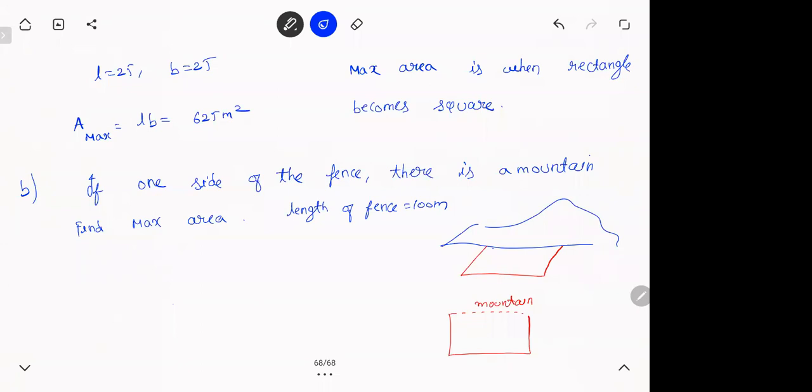Now this is what happens. If you know the process, how we did it, you will be able to do it. But if you try to memorize the answers for each question by heart, they'll ask questions like this only, because in real life, you won't always get an open ground. Give it a try.